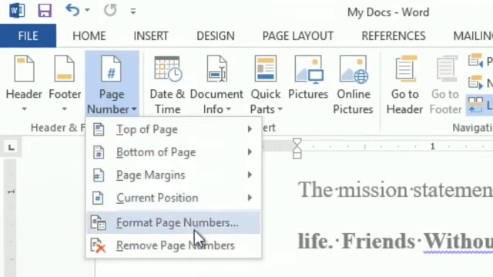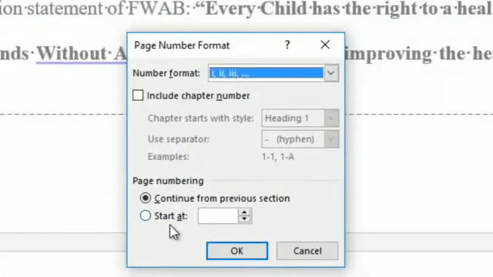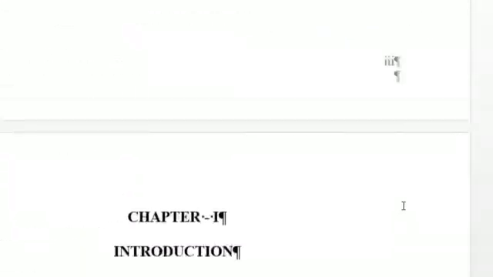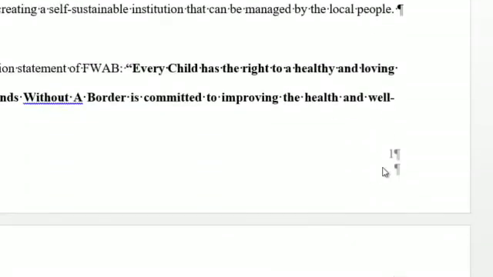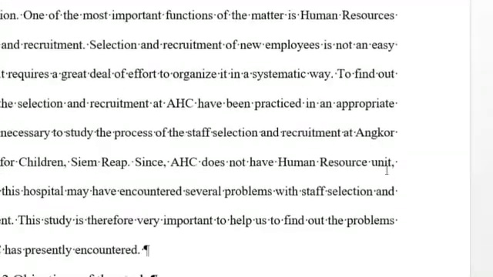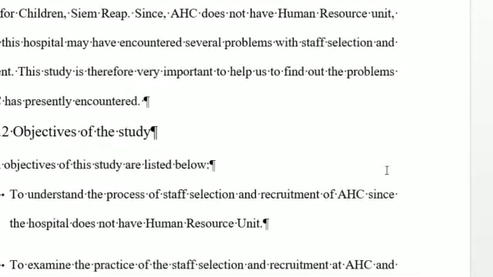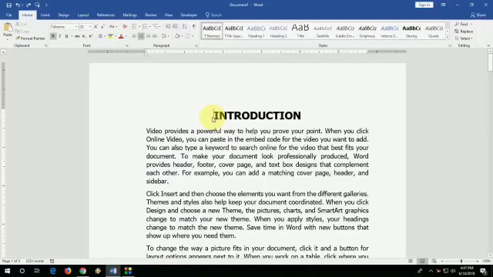So click on page number, format page number. Now you can format your page number starting at, it means from which page you want to choose another formatting of pages. Now see, this is your page number 3, but on your next page there is no page number because we have changed the formatting of page number. See, there is no page number. And next, we are done, and now come to the next topic.